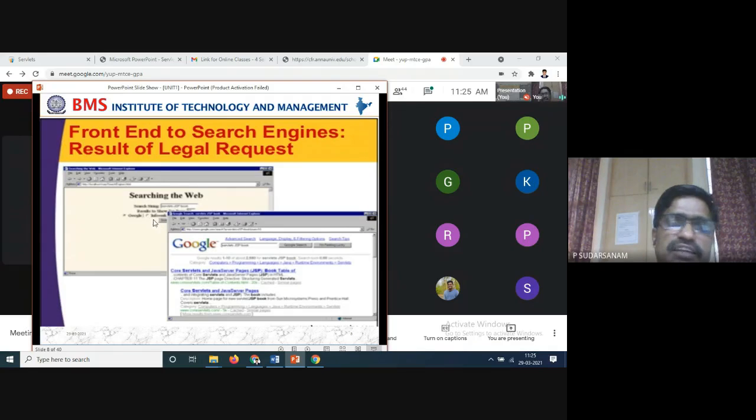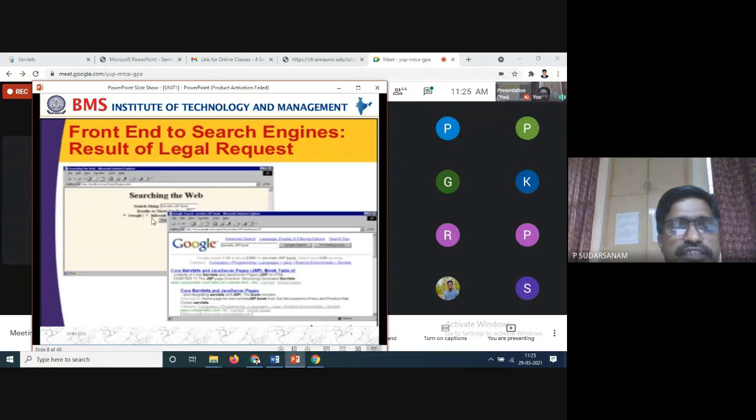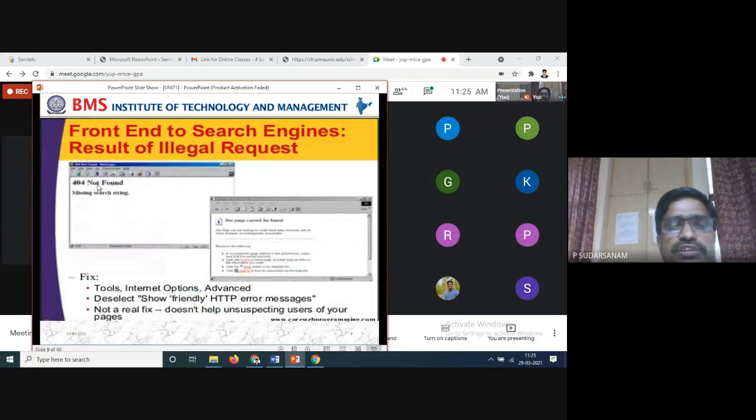Similarly, I have not copied the other one, 404 not found exceptions. Only one example I have shown. Suppose here, when it is Google, I have made 2-3 linking options. When you are clicking this, you give the internet options Google address www. So it will open the new window. The other one is nothing but this one. So some of the information will be there. Another one is when you are trying to click something, that link is not properly connected or data is not available or some other message problems happen.